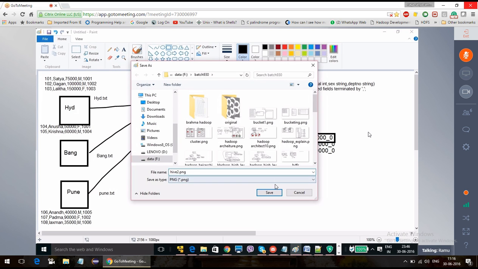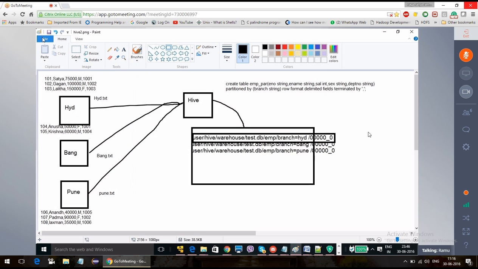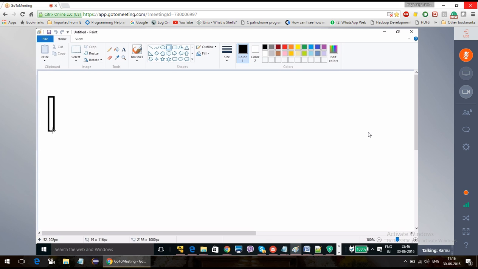This is some OLTP source system. It is not a Hadoop system. From this system I am getting the file. This is my Hadoop system.